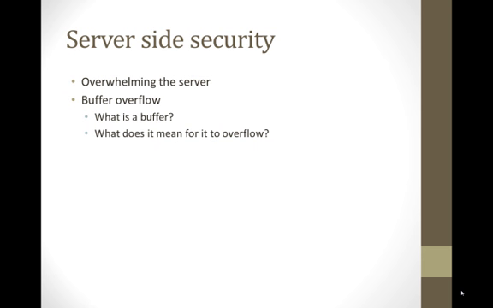It's designed to allow the server to process things as they're coming in, one at a time, basically. So there has to be some sort of means of catching incoming traffic and then sending it on to be